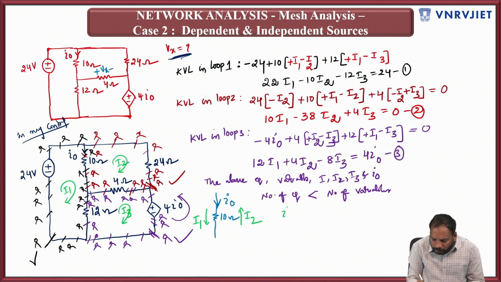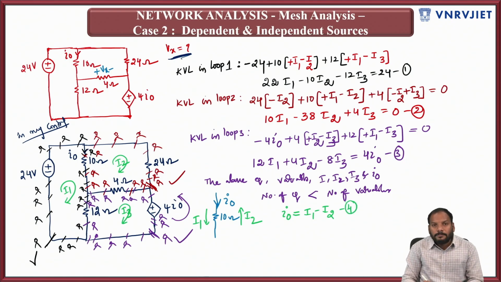That means the fourth equation is simply I0 is exactly equal to what? I1 minus I2. So this is equation number 4. Now the number of equations is equal to the number of variables. So directly you can solve for I1, I2, I3 and finally I0. So upon solving,